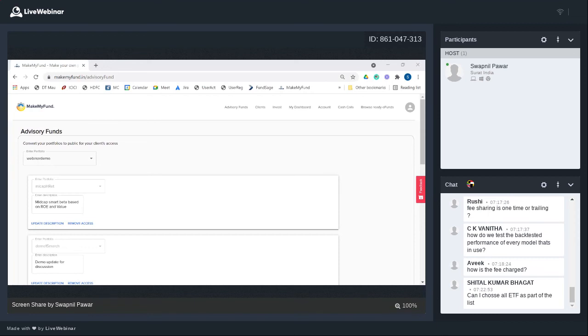We'll obviously keep adding more models in future. The question is on fees charging. The fees is charged by raising an invoice to the client. The client has to pay through online mode. We have Razorpay as our payment gateway, so a client can pay through UPI, through any of the banks, credit card, debit card, whatever else,